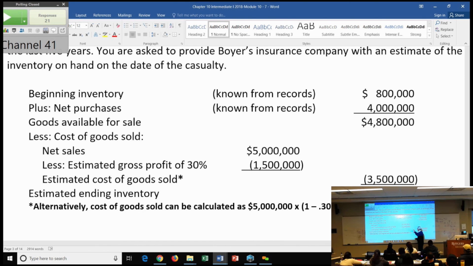And that COGS percentage of 70% on the net sales of 5 million estimates the cost of goods sold at 3.5, and you would get the ending inventory at 1.3. Now this, as we said, is useful internally. It's useful for internal control. You could use it for quarterly financials, but it cannot be used for annual reviews. All right,